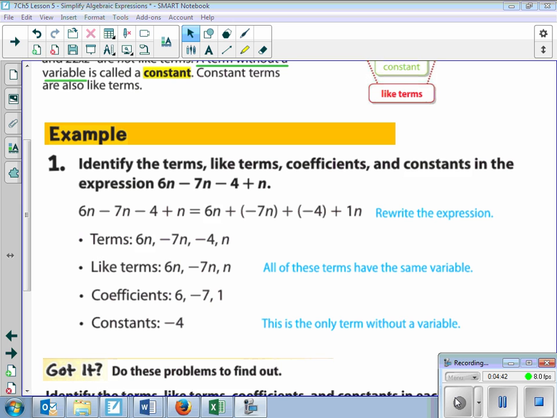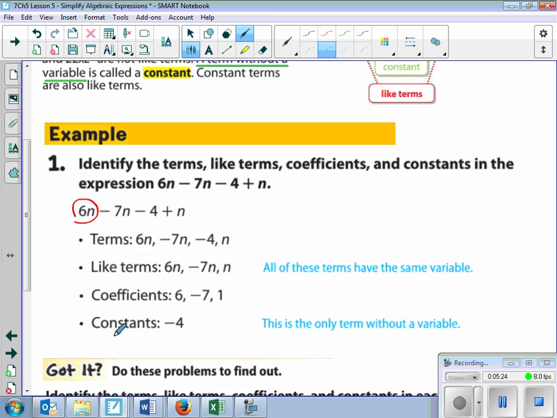So example 1: here we're going to identify the terms, the like terms, the coefficients, and the constants in the expression 6n minus 7n minus 4 plus n. We are not going to rewrite, but we are going to keep in mind what we just learned with the distributive property, that the operation is also the sign of the number that follows. So, when I identify my terms,